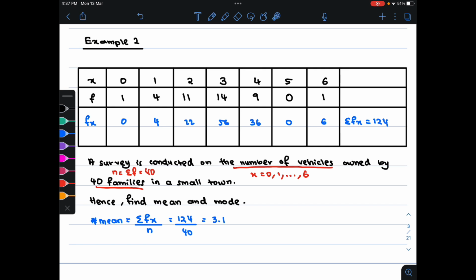Now, say that it is not given to you that we have a total of 40 families. So how do we find n? Since n is the summation of f, you can add all of f together to get n, which is 40 right here. So you can use the summation of f to get the value of n. Next, we need to find mode, where mode is the value x with the highest frequency, and the highest frequency is this one. Therefore, since this is the highest frequency, the mode will be this value x, which is 3,